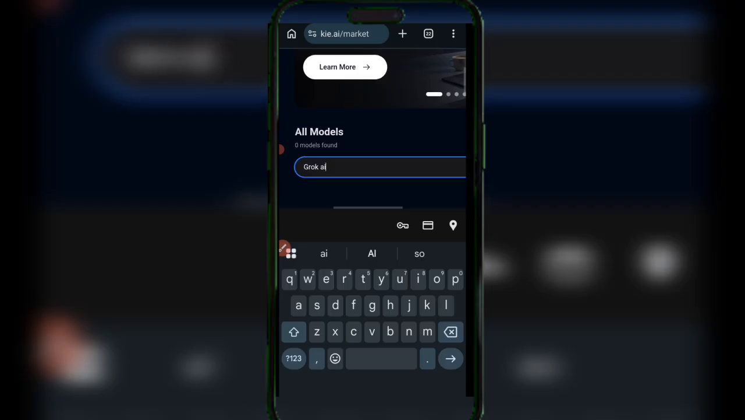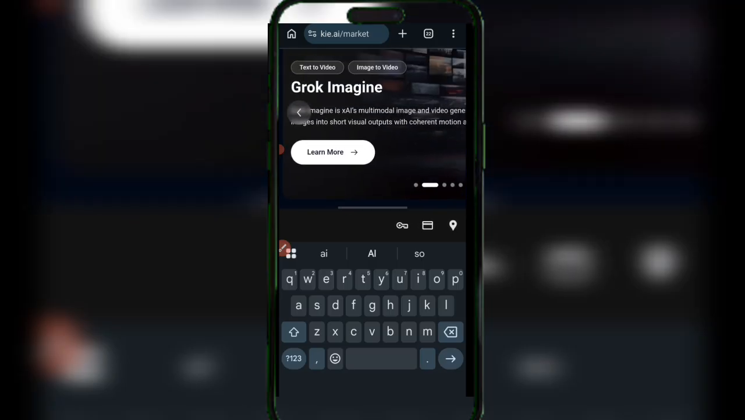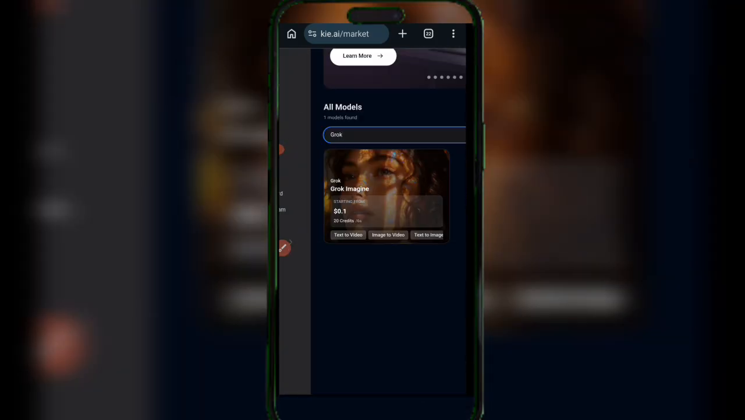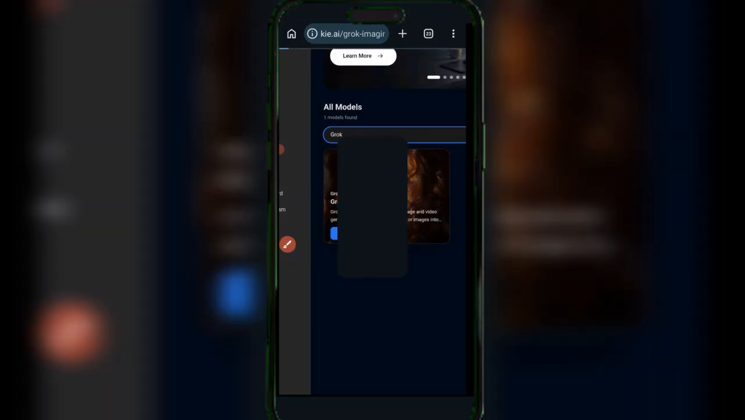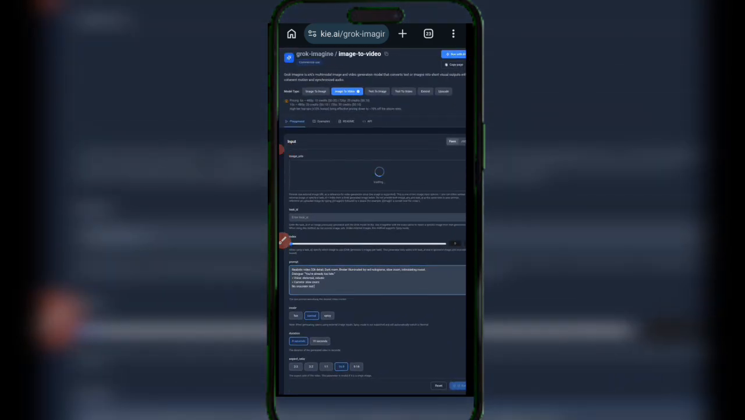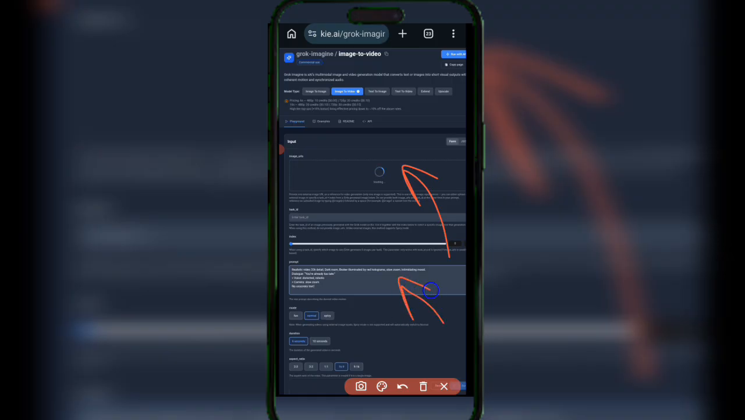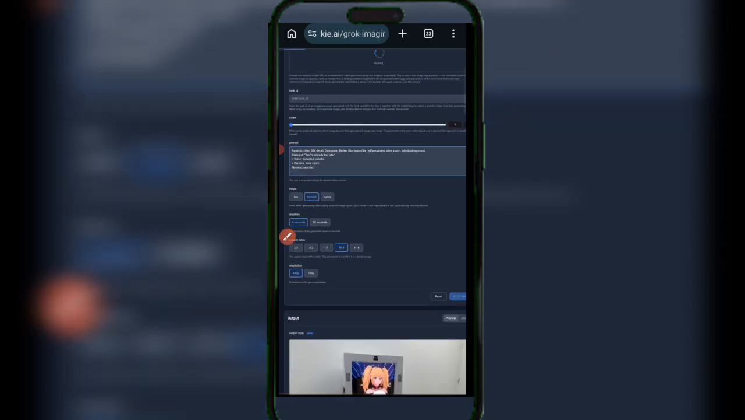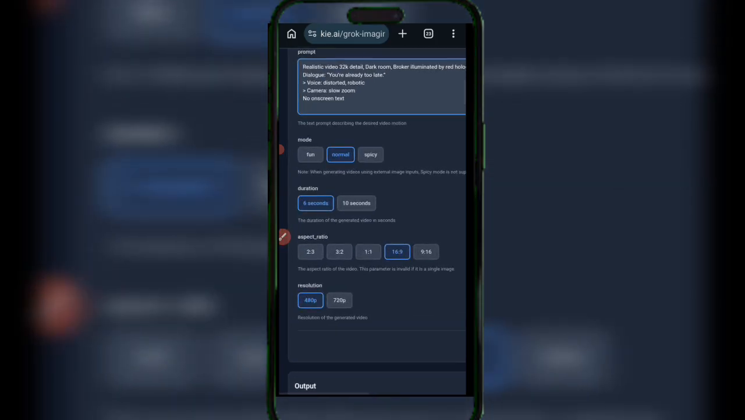Sorry, trying to zoom in. Okay. You tap on that to try it. After uploading the image you want to transform, your prompt will be pasted here. Then when you scroll, you see the options just like they normally appear on Grok. Whether to use any of the options, it's better you stick to the normal. There's a 10 seconds option, but you will consume more coins,